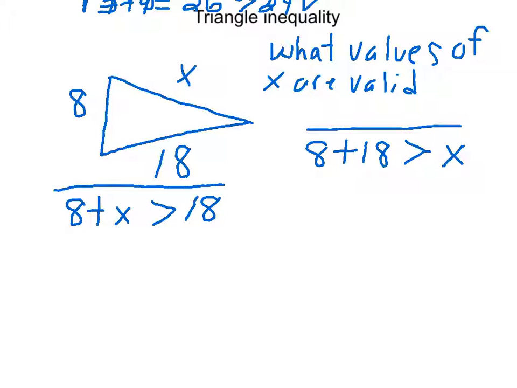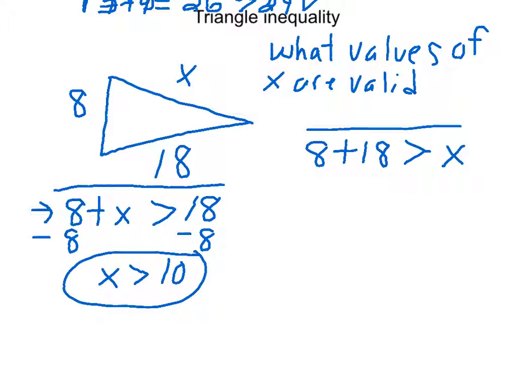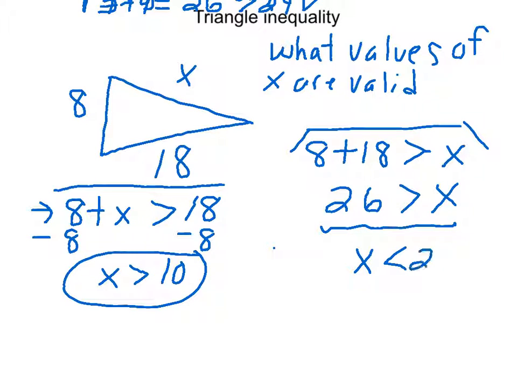So for this inequality here, to solve it for x, we need to subtract the 8. And when we do that, we know that x has to be bigger than 10. So that's one set of possible values. For the second inequality up here, what is 8 plus 18? That's going to be 26. And so it says 26 has to be bigger than x. So let's flip it around and say that x has to be less than 26, but